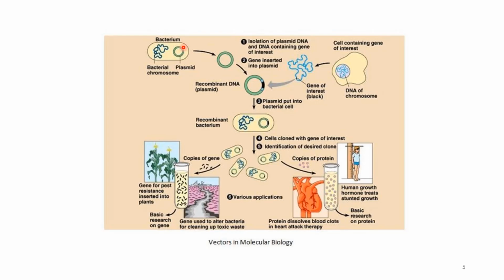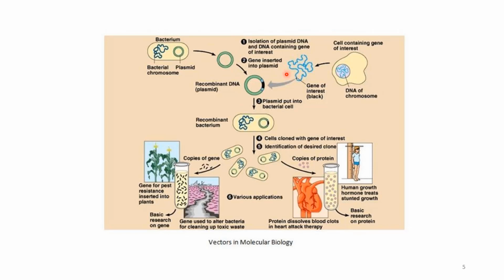So this is how cloning basically occurs. We'll have a plasmid and the gene of interest that we want to incorporate within the DNA within the plasmid, and we want to multiply. The gene of interest can be amplified using polymerase chain reaction,